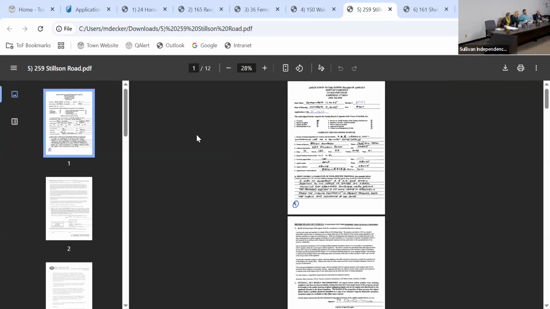Permission to construct an addition for an x-ray machine for an existing dental practice. Premises R3 zone. Would the applicant come forward, please?